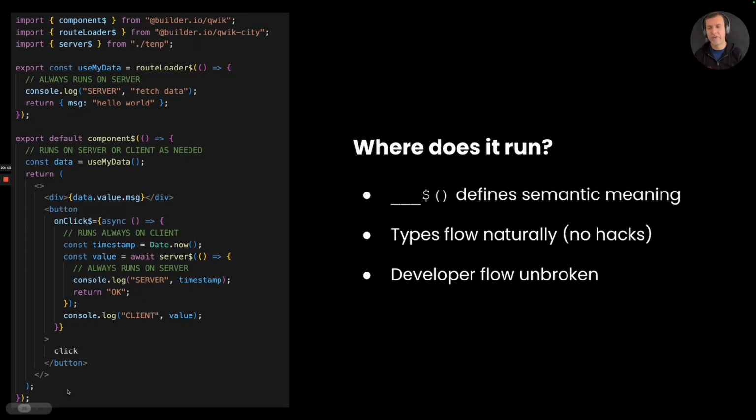So here I'm going to show you a very simple piece of code. All it does is it runs some code on a server, as you can see over here. And this is where you would put your database call, etc. On the component, it will fetch the data from the server that was passed in. And notice this bit right here can directly refer to the code over here. There's no need for special type trickery or anything like that to make this work. We then render our button, etc. This button can have code that runs on the client. Inside of this code, we can maybe create a timestamp or something like that, call a server function that prints something out, and then come back out and return the whole thing.